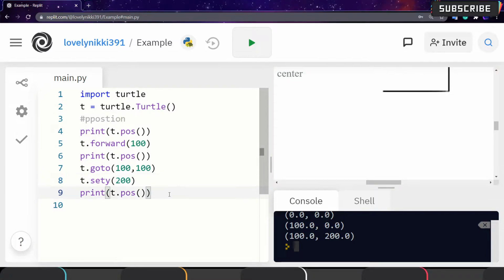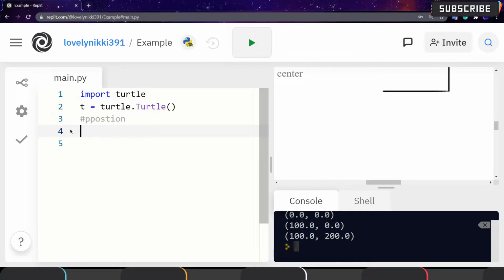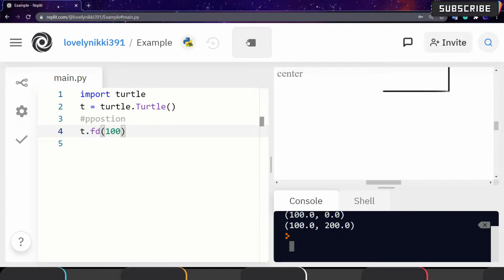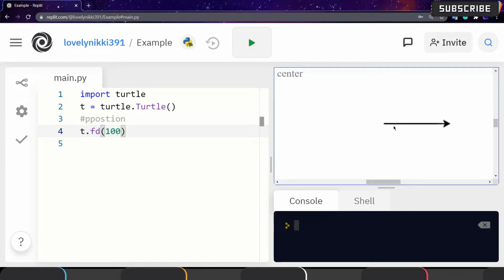Okay. Suppose you want to turn the angle of the turtle to some standard angles like north, east, west, south, you can use the set h function. I will try to set it here. Now you can see that it is to the east, right?